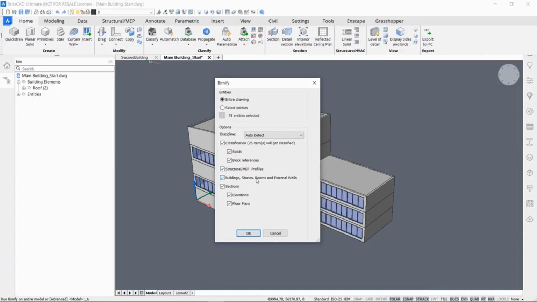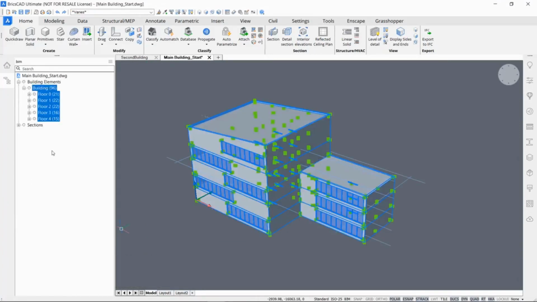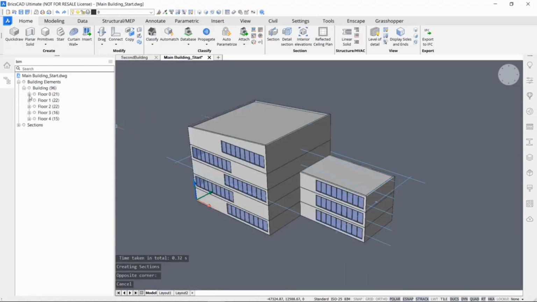And then building stories and rooms and external walls. So these are the spatial locations of your building, and also detecting the exterior and interior walls. And lastly, you can select sections, which will automatically create elevations and floor plans according to the spatial locations in your building. So if I click OK, it will load for a second and you will see the structure browser has changed. My building now has 69 elements in it, and it's also ordered per level,